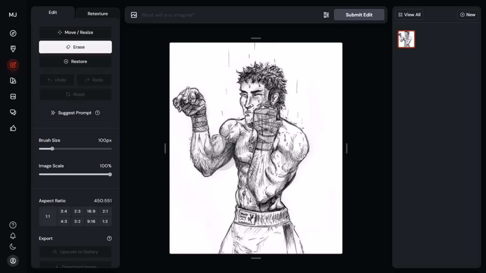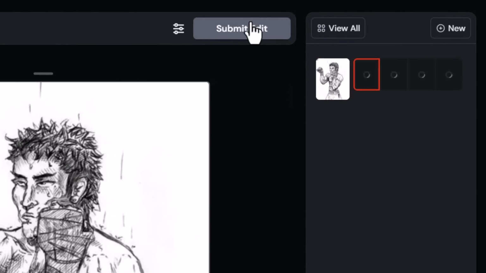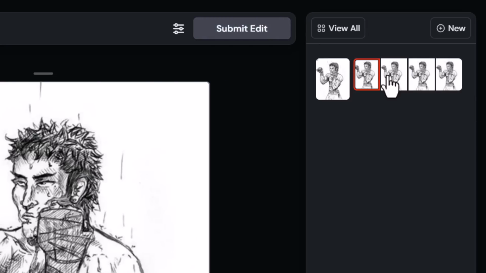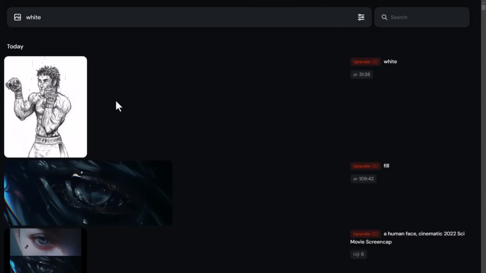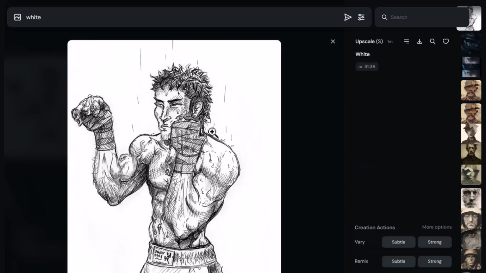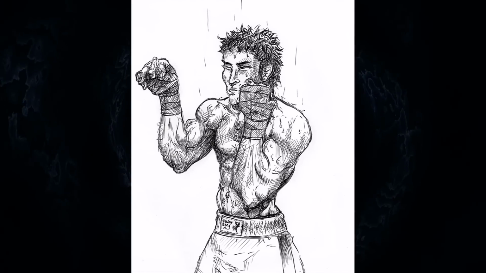I apply the same process as our last tip. Again, with a small brush size, I remove a small portion of the image. I'm going to just type in white or fill or something to fill in this area, submit my edit. I choose which one looks best. They're all going to be basically the same in this case. I upscale to gallery, and once that upscale is complete, I can open it up and it has upscaled my drawing. Now again, if I download this image, it has quadrupled the size of this image,